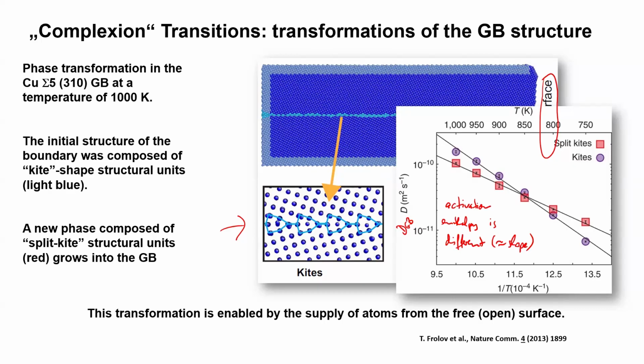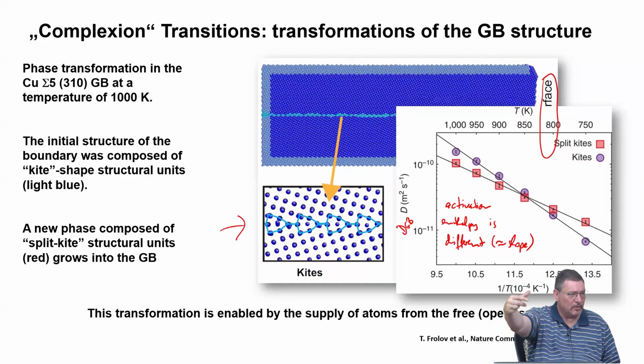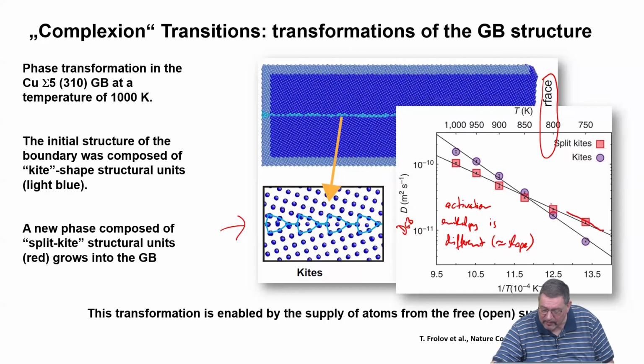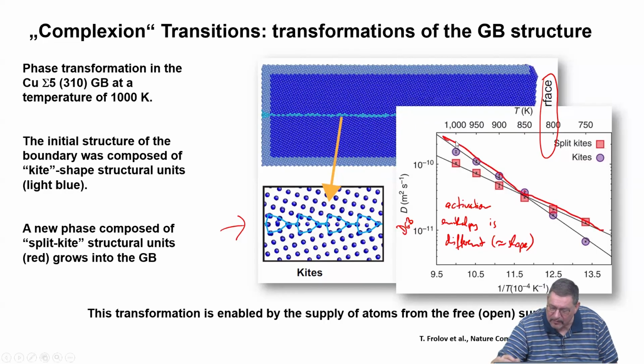And the nice thing is that this was actually found in experiments 20 years earlier, actually from my lab, but that was before I was there, not so old. At that time it was just a fact, but not an explanation, because people couldn't explain why this happens, because it's against the structural units model, right? Because at a given material, given misorientation, it should be a given configuration. So you would expect diffusion to vary consistently with 1 over T. And you would not expect to see something like a kink.